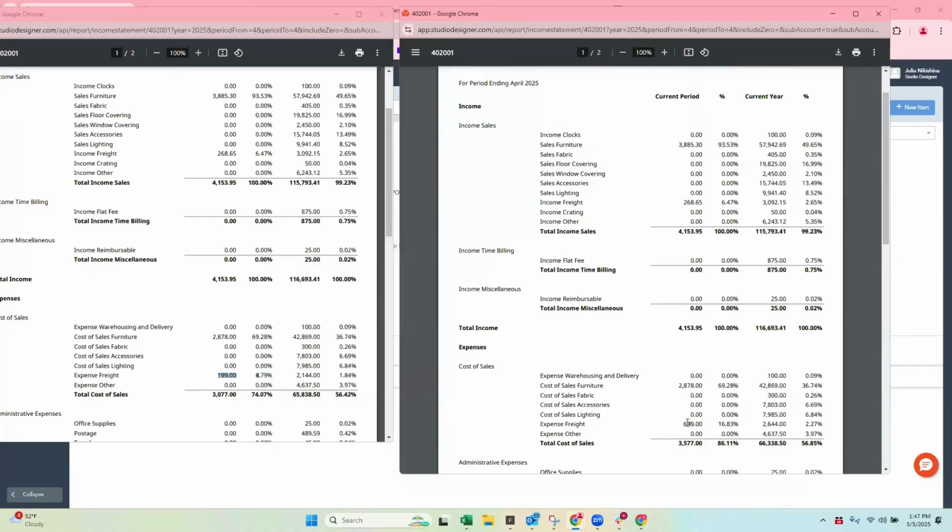Because I was able to change the freight, even though the revenue could have been picked up in a previous month, the cost of sales is then picked up in a different month. And I don't want that at all. I really want to be clear to understand, here's my furniture, here's my freight, here's my furniture, and here's my freight.